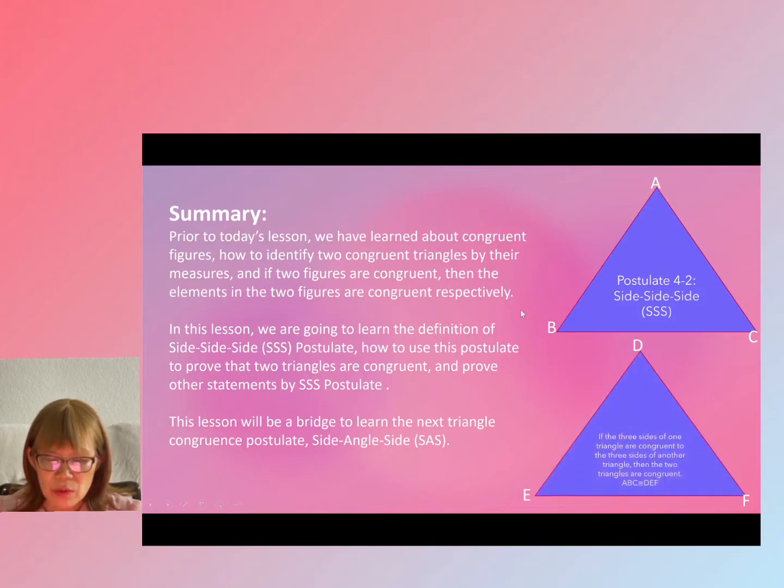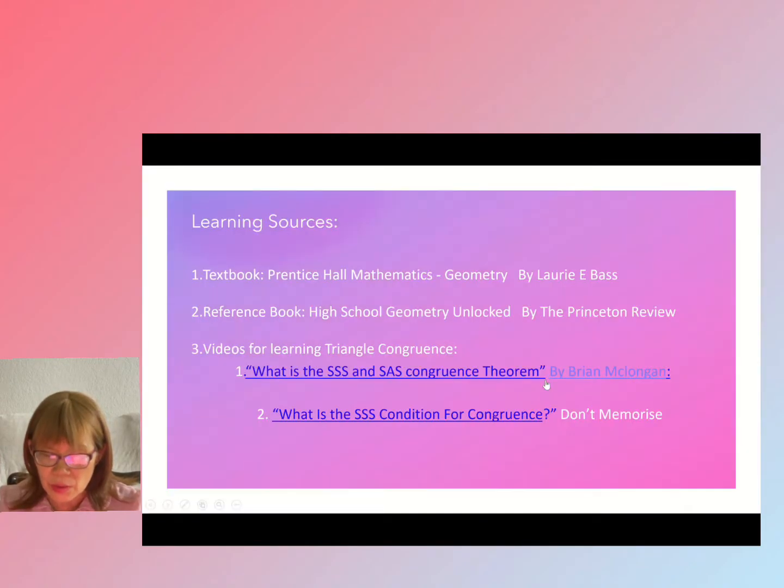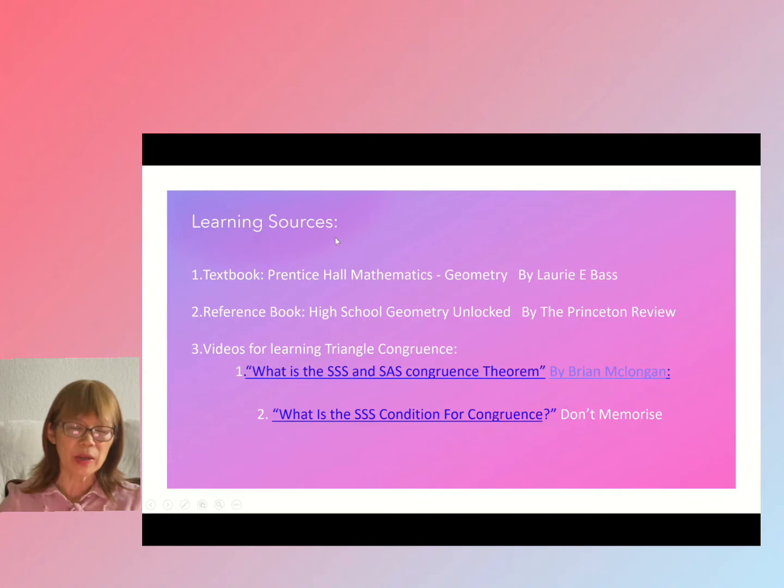So I'm going to give you a very brief idea of what the side-side-side postulate means. It says if the three sides of one triangle are congruent to the three sides of another triangle, then the two triangles are congruent. It means these two triangles are congruent. Okay, so I will go into detail with you, Leslie. No worry, you will make up the class. Okay,